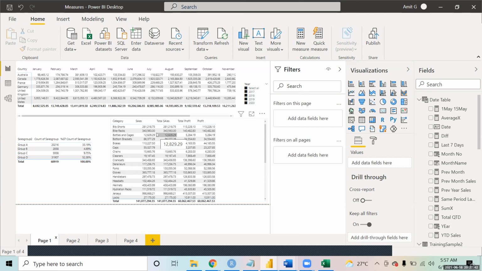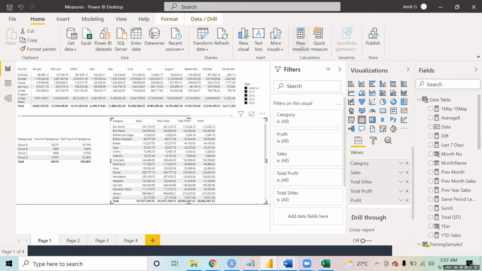See, you will not be able to get it with one function. You will have to use 2 different functions for that. So create a new measure.